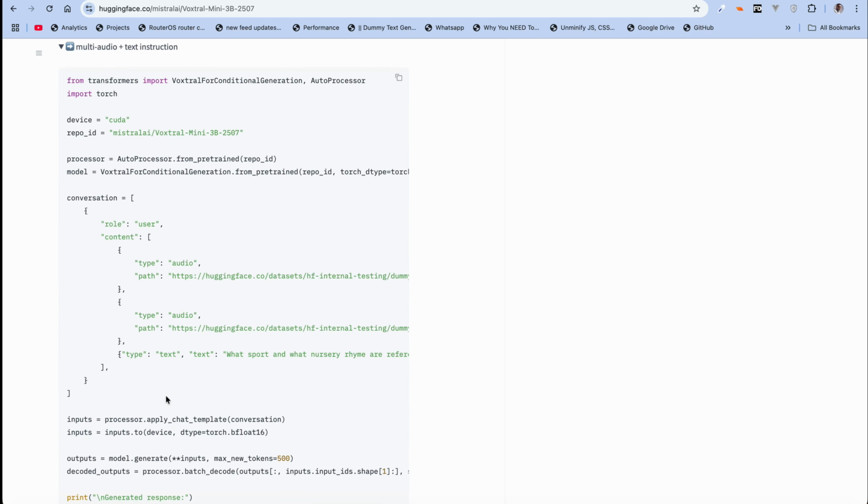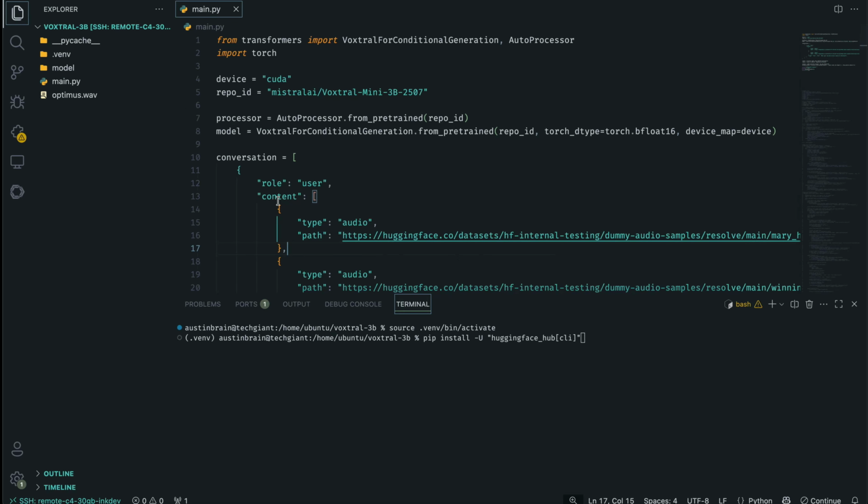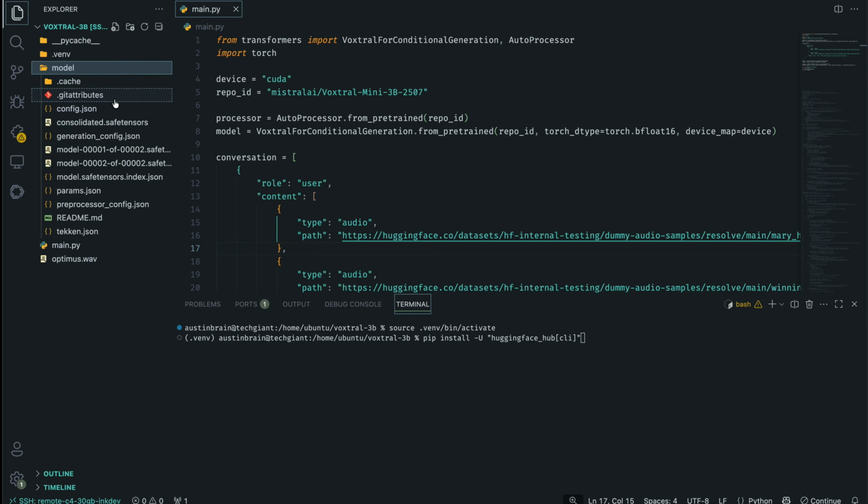So let's head over to our IDE. We're going to paste this in. So our project directory is currently open up here in our IDE, and currently this is all set up on my cloud server, and I have pasted the code in. As you can see, over here I have the models directory, and I downloaded the model weights using Hugging Face Hub CLI. And if you want to install Hugging Face Hub CLI, you have to run this command, pip install -U just to update in case, huggingface_hub, in square brackets, CLI. Anyways, once you've done that, you need to run this command, which is huggingface-cli download,